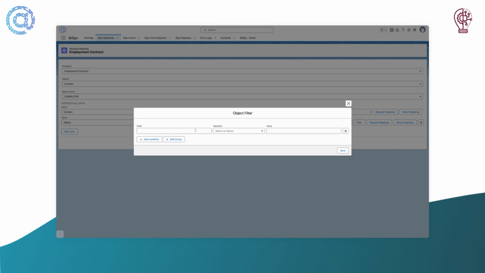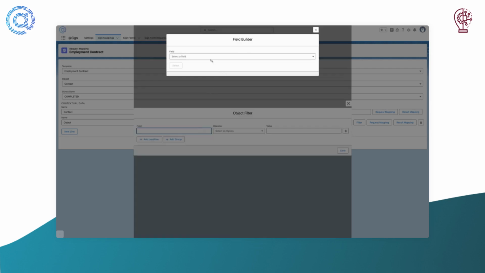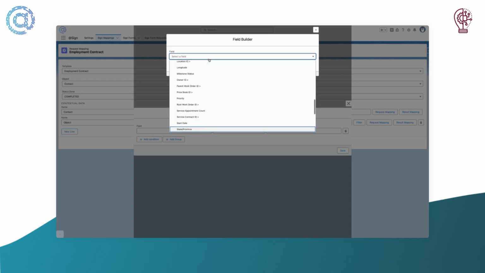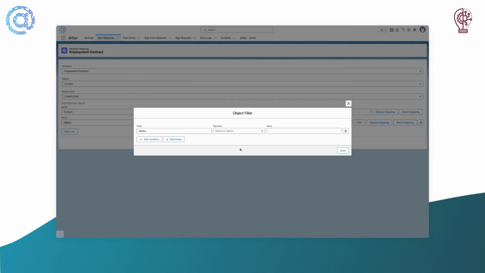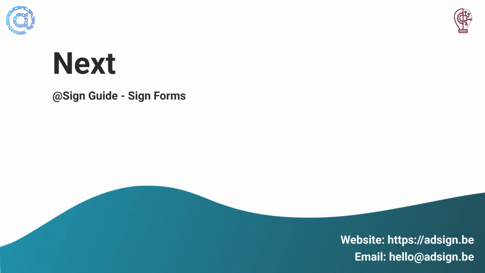Importantly, the full suite of mapping capabilities, including request mapping for pulling data into the contract and result mapping for saving contract data back to Salesforce, can be configured for these chosen related objects, just as it can for the main object of the contract. Following this, you will need to configure the sign forms,